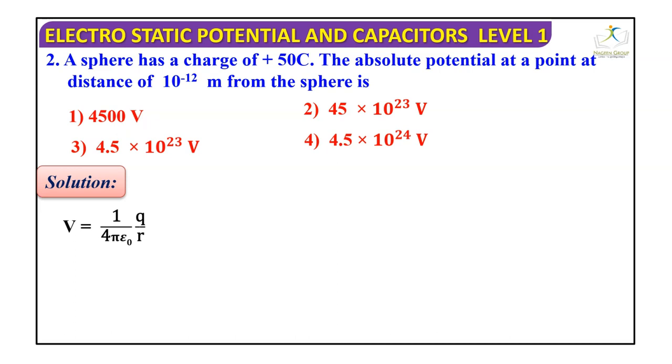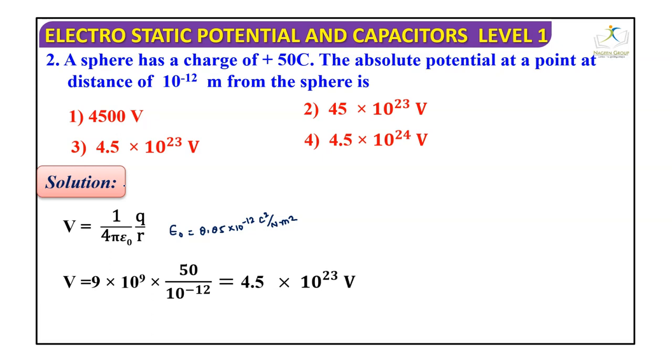We know the formula of potential, which is V equals 1 by 4 pi epsilon naught, Q by R. What is epsilon naught here? Epsilon naught is nothing but the permittivity of free space. The value of epsilon naught is 8.85 × 10 to the power minus 12 coulomb square per Newton meter square. If I put in all these numerical data, we get the value of 4.5 × 10 to the power 23 volt. According to this, the correct answer for this question is option